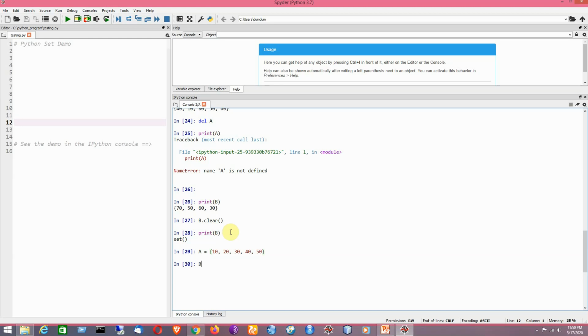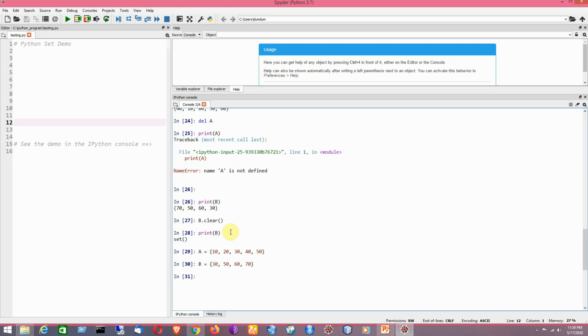And B is another set which has only 4 elements in it, say for example 30, 50, 60 and 70. So set B is also created.